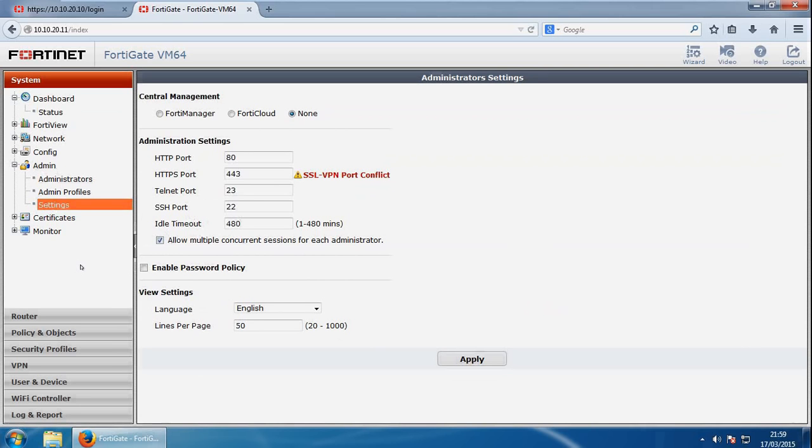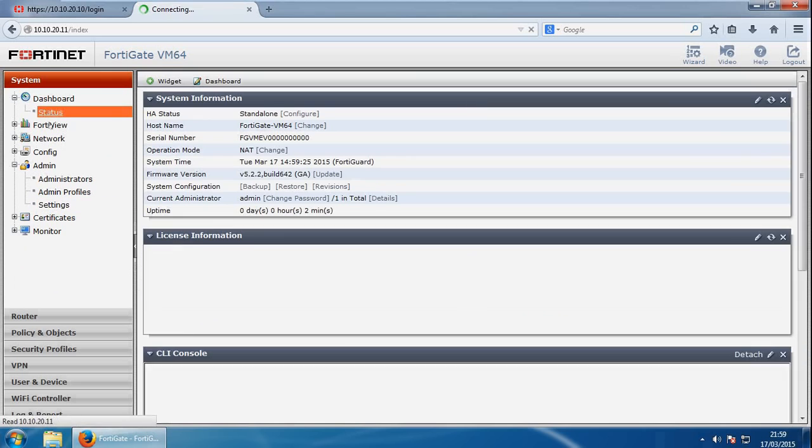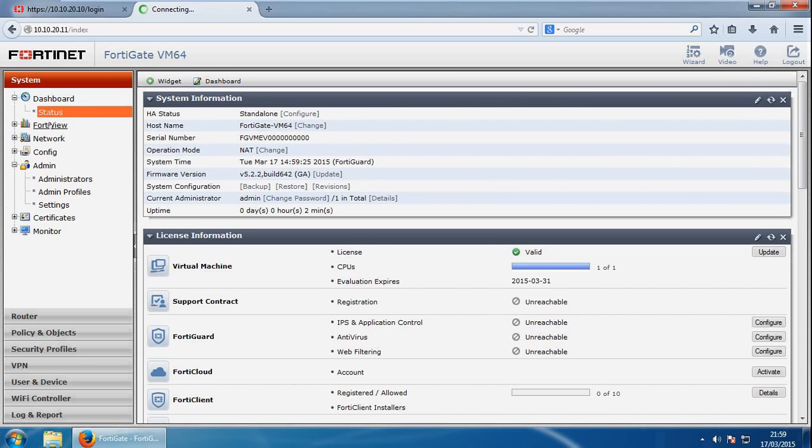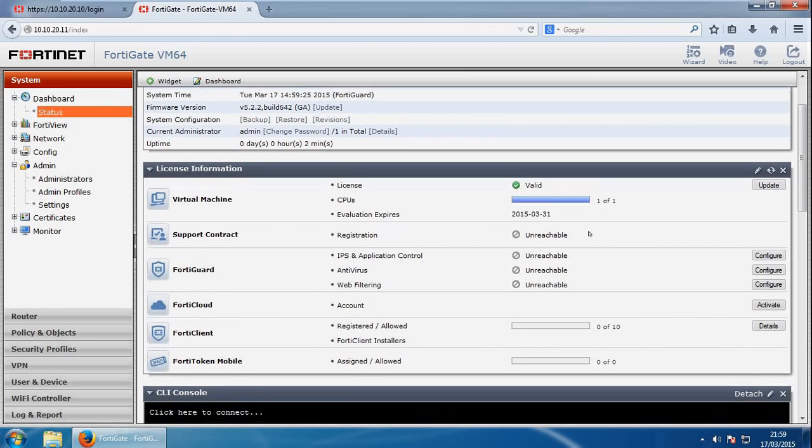And once that's done, if we go to status, we can have a look at the licensing information. So to ensure you have full access to Fortinet support and FortiGuard services, you will need to register the FortiGate unit. I have no license on this FortiGate virtual image. So it's showing the support contract. The unreachable may be due to the routing information, so we'll have a look at the routing later in the video. If I log into my licensed one,